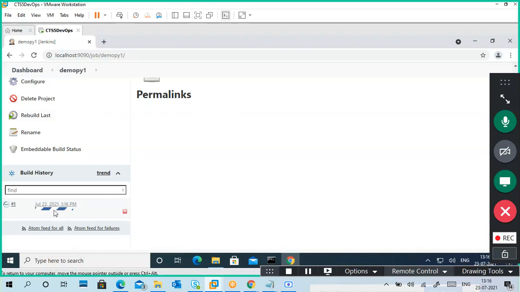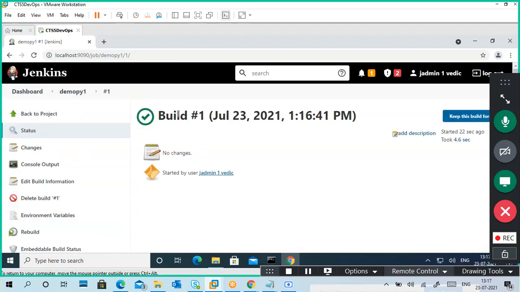Wait. The build is going on now. Just click on this one, or you can click on this button also, no problem. Click on one, because the screen is not showing at 100%, 200% kind of stuff. Yeah, build successful. Build one successful, so green check mark. But I want to see the output, the console output. Go to the console output.